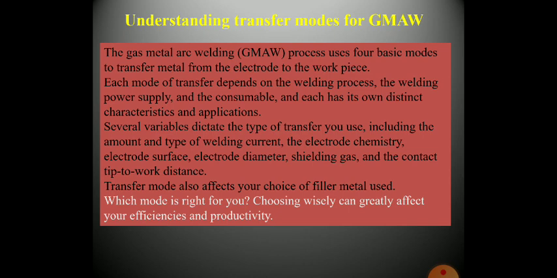for gaining a sound weld. So for gaining this kind of sound weld, we need to take care of this understanding: according to the welding condition, according to the types of welding, we need to select the welding current, electrode and their categories, the diameter, the shielding gas and the contact tip to work distance and so on. So these are the basic parameters that define the kind of transfer of the molten metal into the weld piece, and leading to the various kinds of